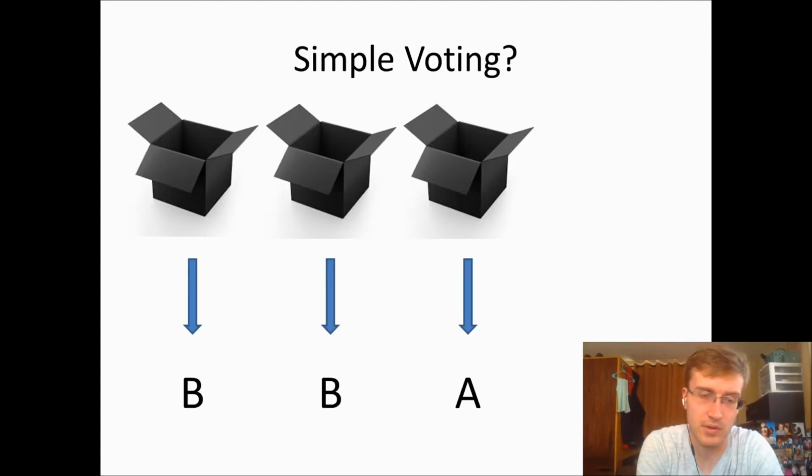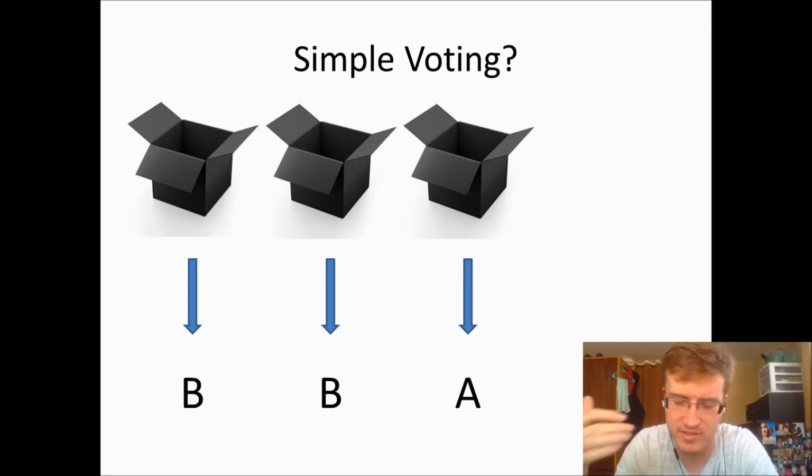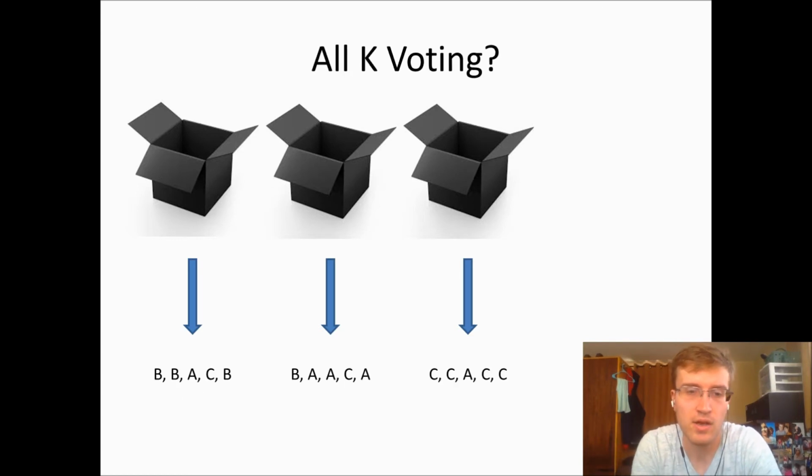All right, so we should talk about the voting methods, because when anyone says voting, you're probably thinking about simple majority voting. And so each of these black boxes is a component classifier. The predictions of the component classifiers are B, B, A. The overall prediction is B. Everyone is happy. But what if, instead of only considering the prediction of each of these component classifiers,